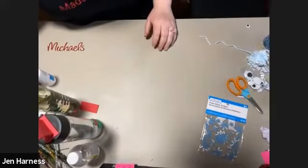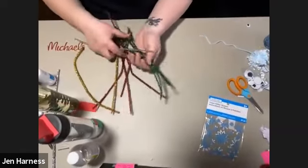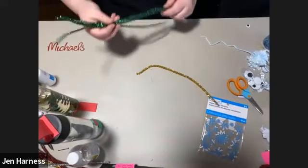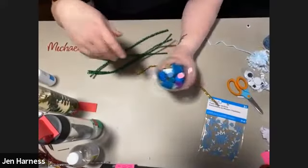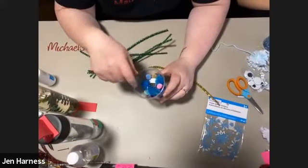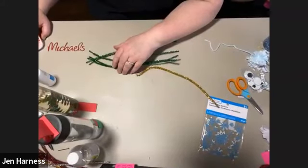So for the Christmas tree, I'm going to use the green pipe cleaners and 1 gold one for the top. And again, you can do this however you want. And then my beads are down here. Oh, and if you have pre-made pom-poms, you could use pre-made pom-poms for the earmuffs instead of making them out of yarn if you want. Okay, so the tree,